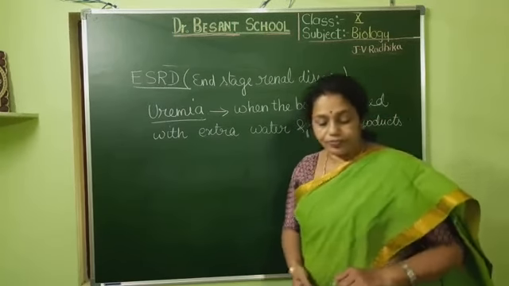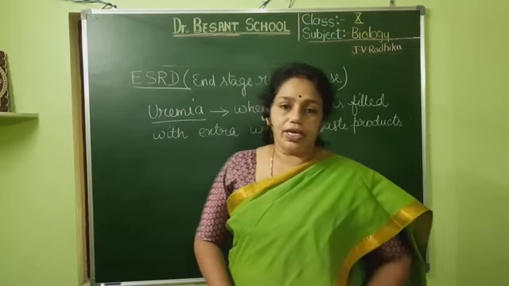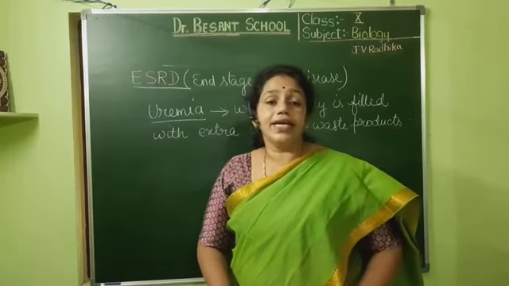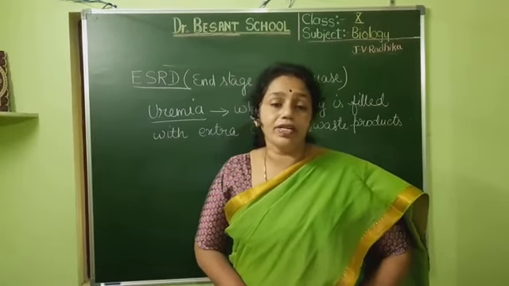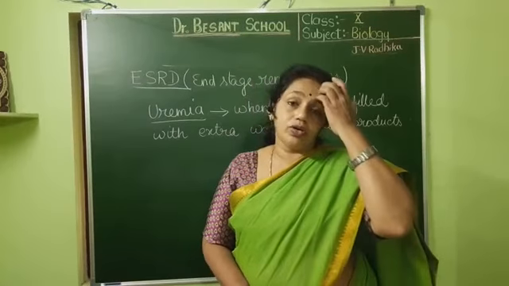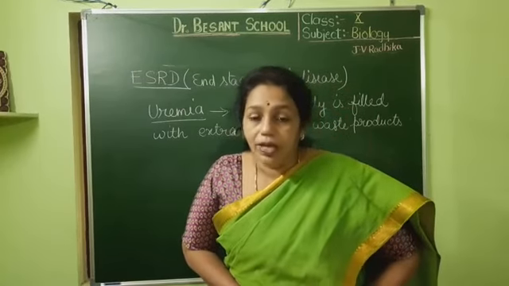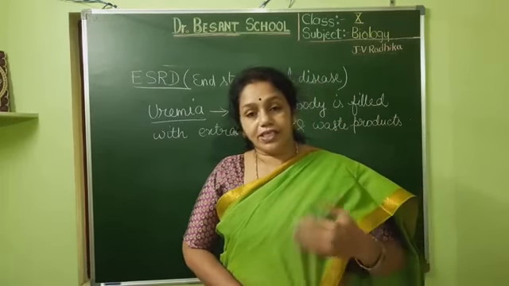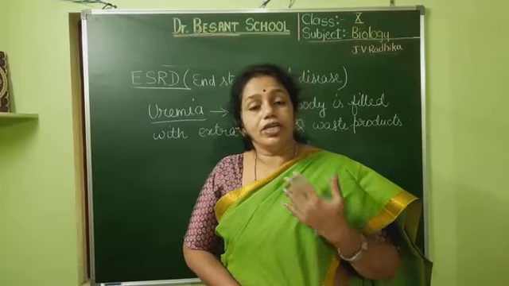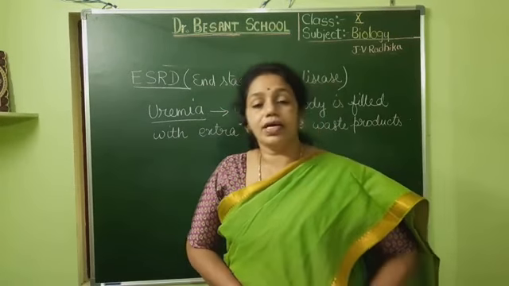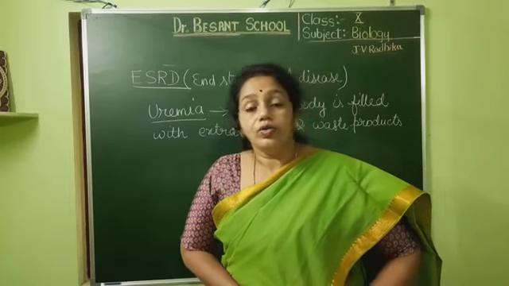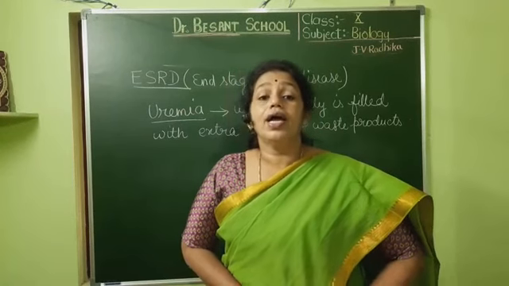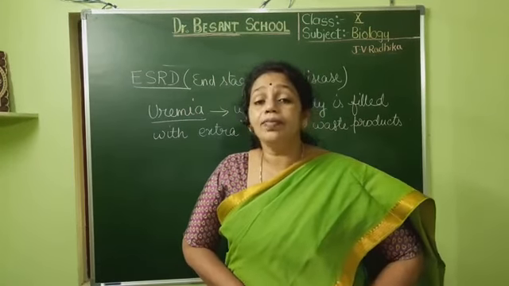Then what happens? When both the kidneys are not working, there are chances that we need to replace the kidney. A normal person can live with one single kidney which is functionally good, which is able to function properly. In such a case, we go for transplantation or kidney donation. If a person's both kidneys have failed, another person can donate a kidney. We shall study that later, but arranging and replacing the kidneys could take some time.